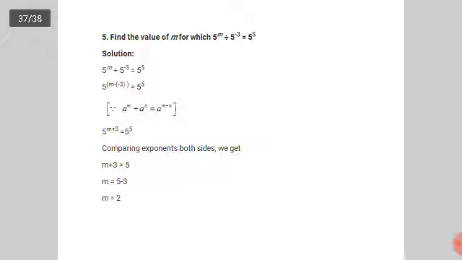Find the value of m where 5 power m divided by 5 power minus 3 equal to 5 power 5. So division means subtract. So 5 power m minus bracket minus 3, minus into minus plus, 5 power m plus 3 equal to 5 power 5. So comparing the base, comparing the exponents of both sides, m plus 3 is equal to 5. So plus 3 transposes to minus 3, m equal to 5 minus 3, m equal to 2. We get the value m equal to 2.